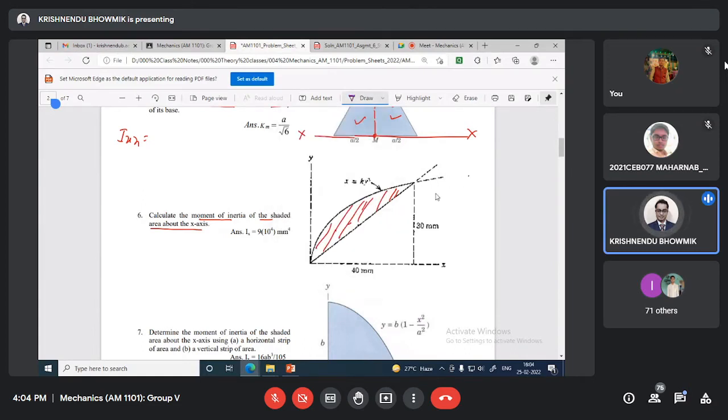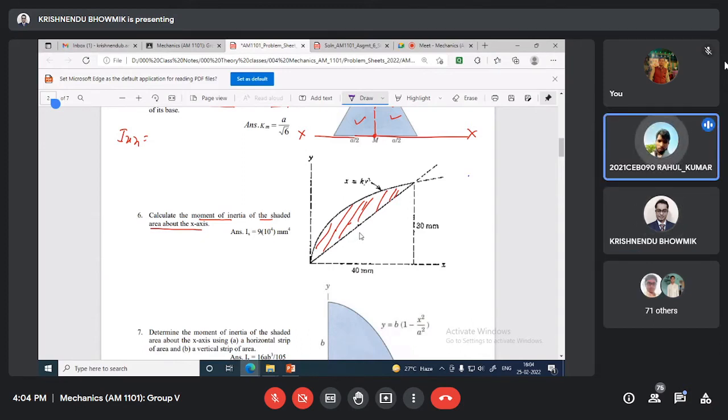We have to take that small strip such that it passes through both the curves. So which one do you prefer, vertical axis or horizontal axis? Vertical, sir. Okay, you can take the vertical axis also. We can take the vertical strip like this. So if you take the vertical strip, then